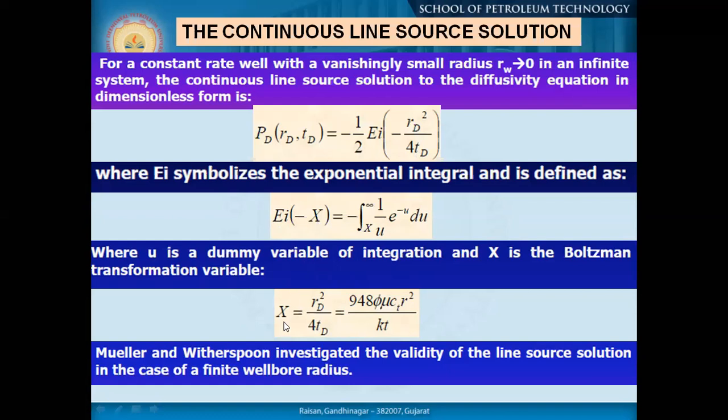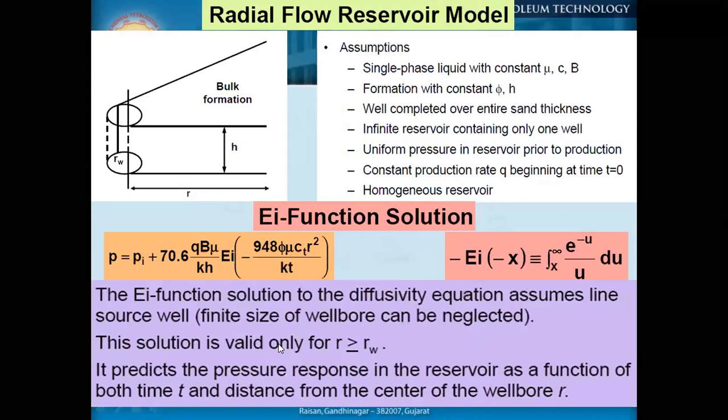Okay, so here you can see x is related to r and t, which is the dimensionless form, and in our normal field unit it is radius and t. Okay, so using this equation we actually try to solve. What we assume, because you have a lot more variables, that's why we assume something for our solution.